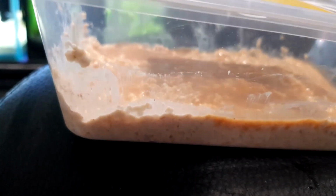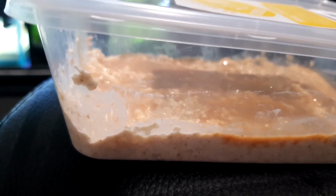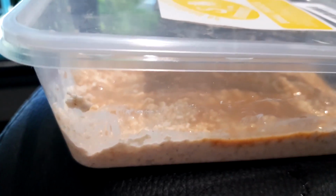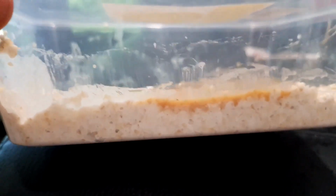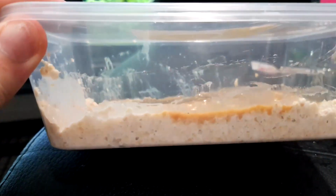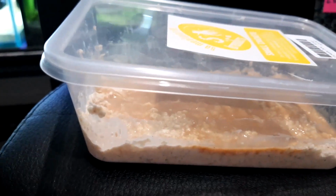So a couple of other tips I've seen about microcultures is you want to refresh them and redo them every couple weeks or every 3 weeks, just to make sure it stays fresh and the food doesn't go off and stuff like that, and make sure you've got some fresh microworms going. Another little tip a lot of people say is to have two going at once, so if one does happen to die off, you can just start up another culture. So probably in a week's time I'll start up a second one and get that going,